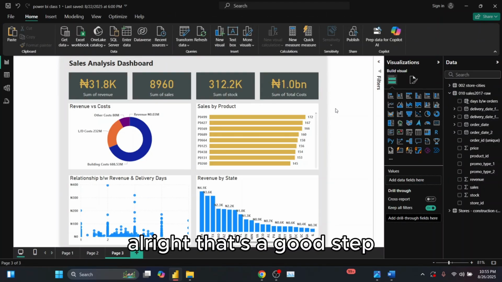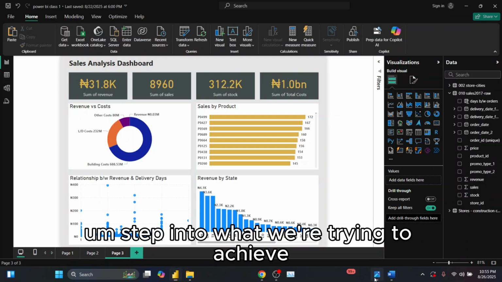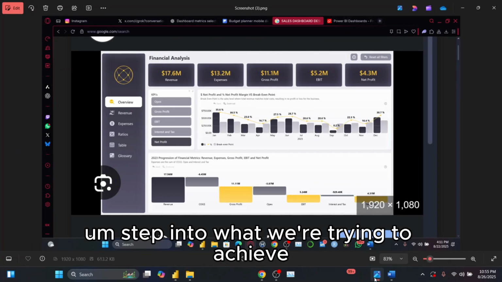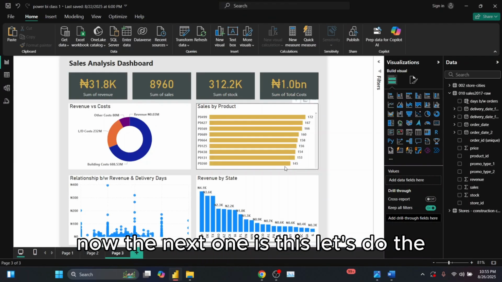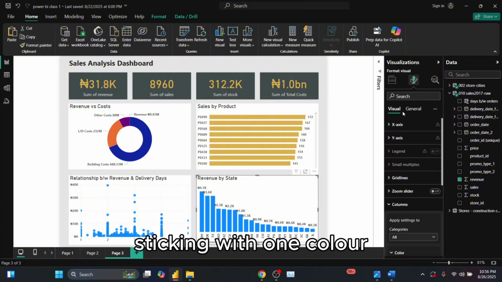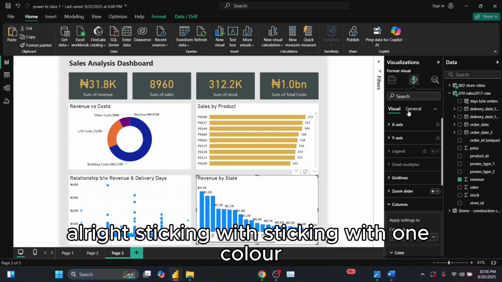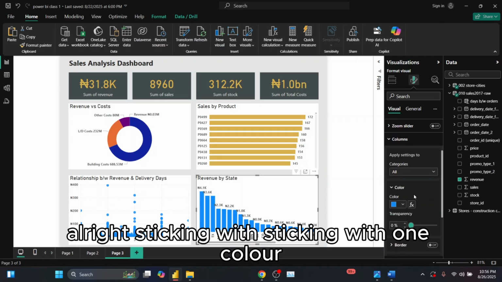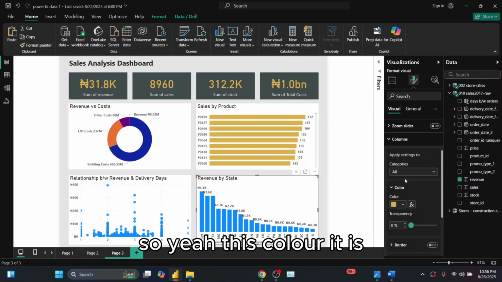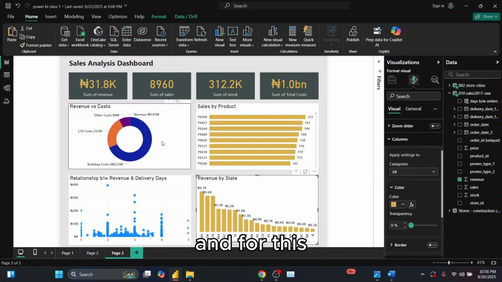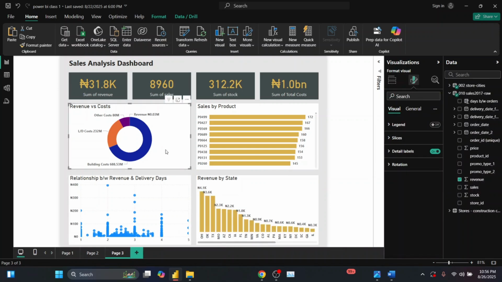Right? That's a good step into what we're trying to achieve. Now, the next one is this. Let's do the sticking with one color, right? Sticking with one color. So yeah, this color it is. And for this, with this,